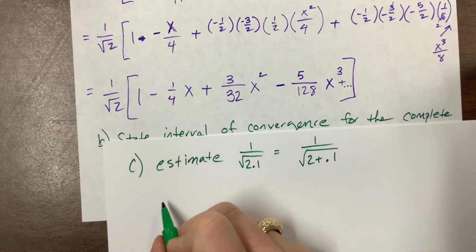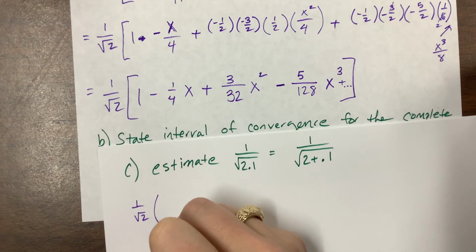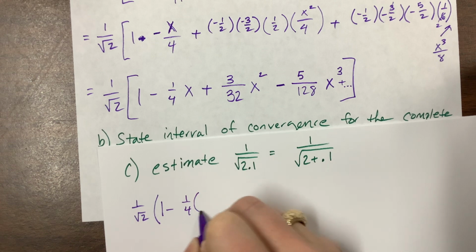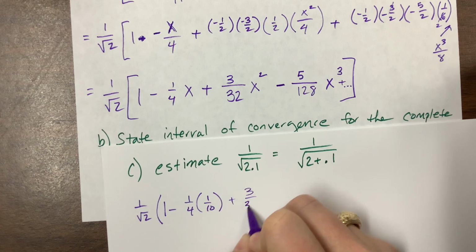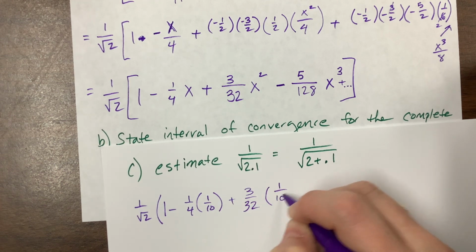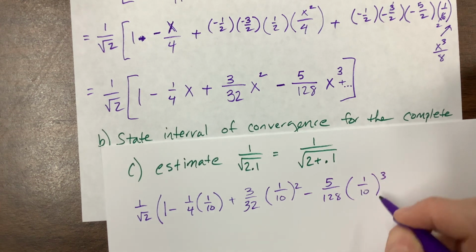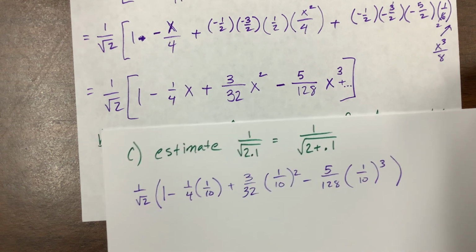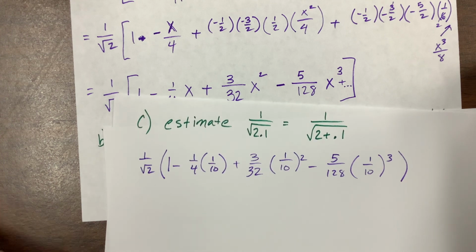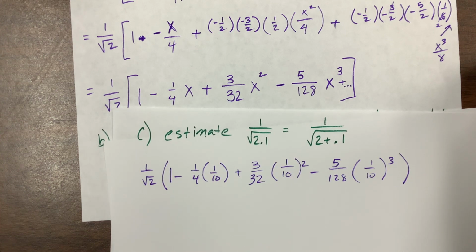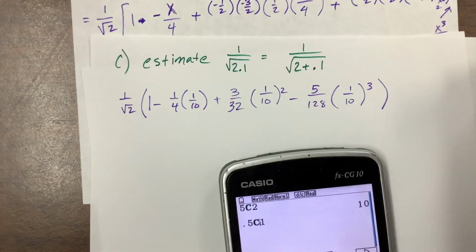And so I can come through here and now say this is 1 over root 2 times 1 minus 1/4 times 0.1. Well, 0.1 is 1/10. I don't know if that's going to be easier or harder. I'm still learning these things, so you guys, you gotta practice also. Okay, so this would be an estimate of that. I don't know that off the top of my head, but I could find a calculator. And did I do that the way they did it? I sure did. Okay, so when I come back to my calculator,